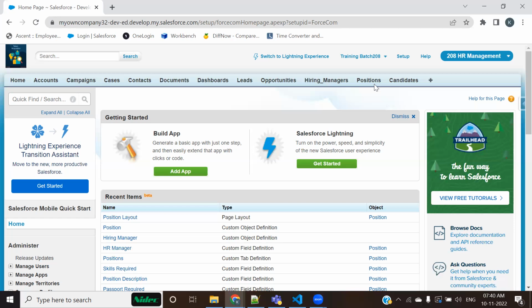The position is an entity which describes that there are certain jobs and certain tasks, and certain positions for which a candidate would be expected to get recruited.